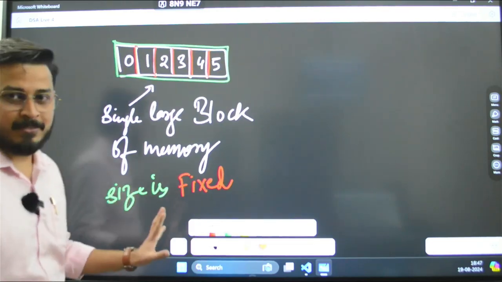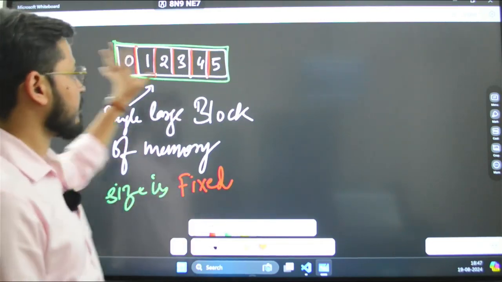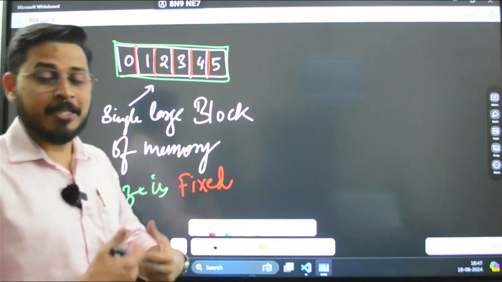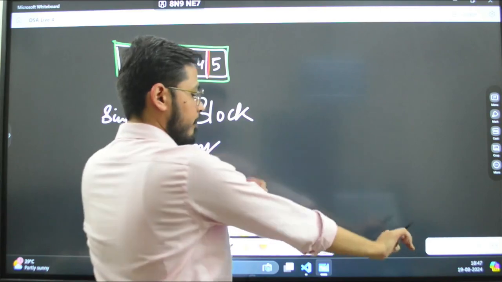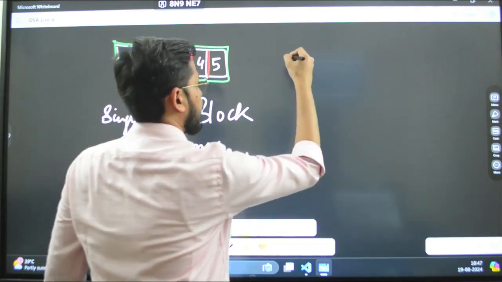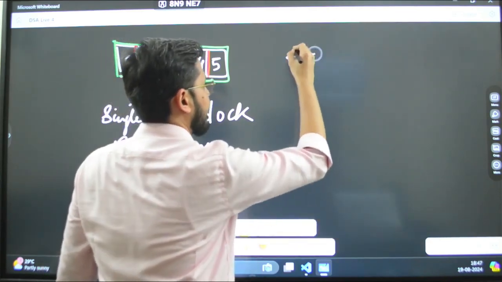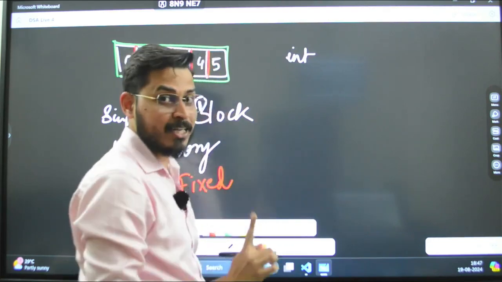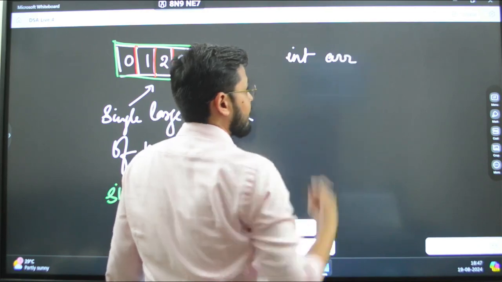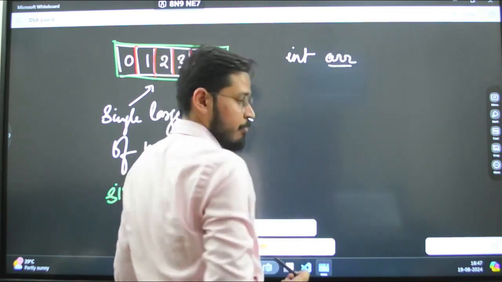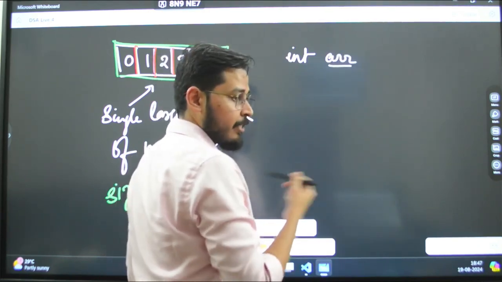So, in this case, this is how your array looks. But in code, how to represent it? Write the data type. Then you write the name of the array. I said ARR is the name for the array which I am creating.